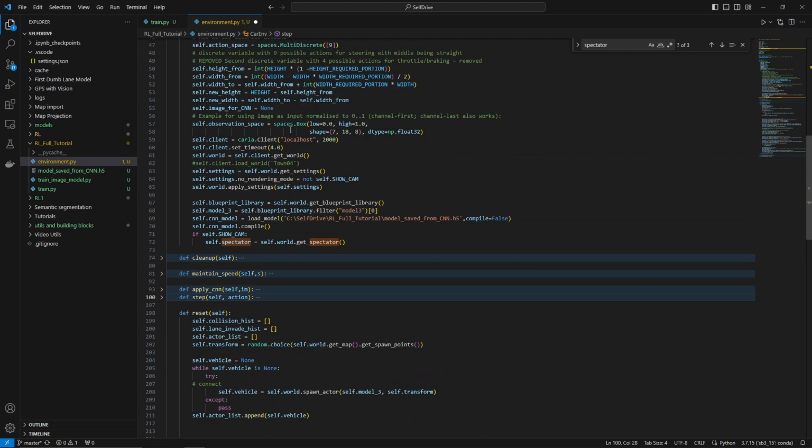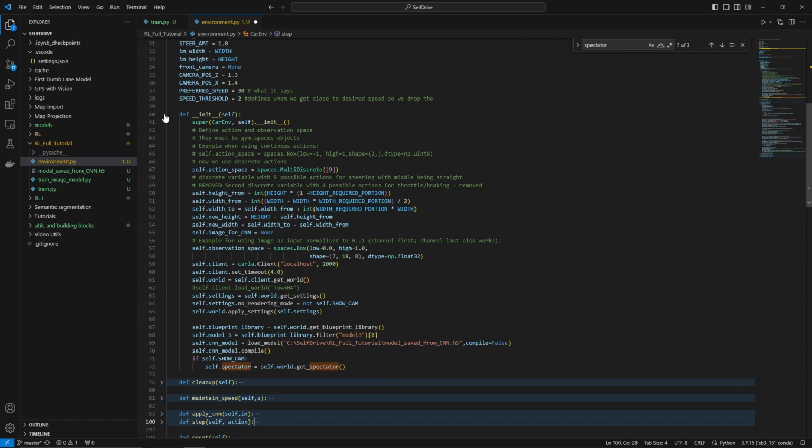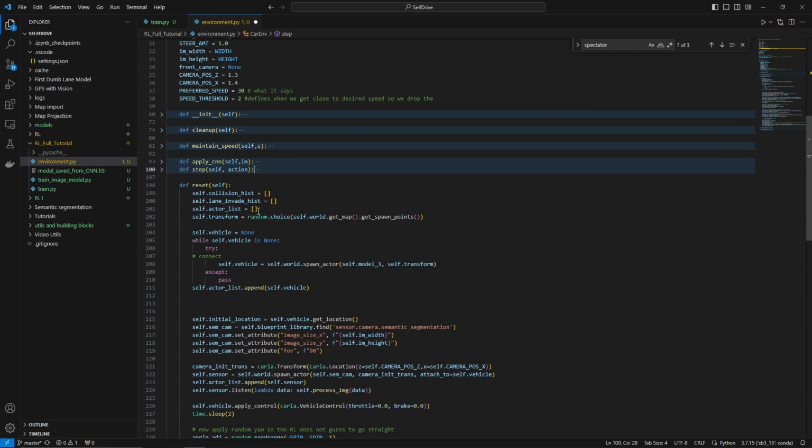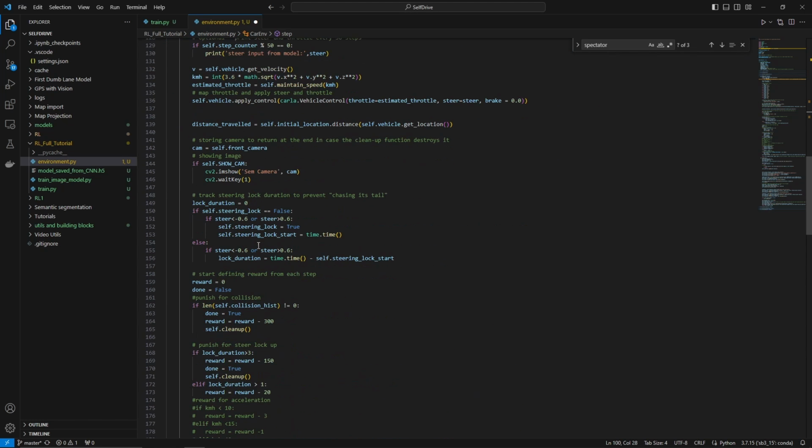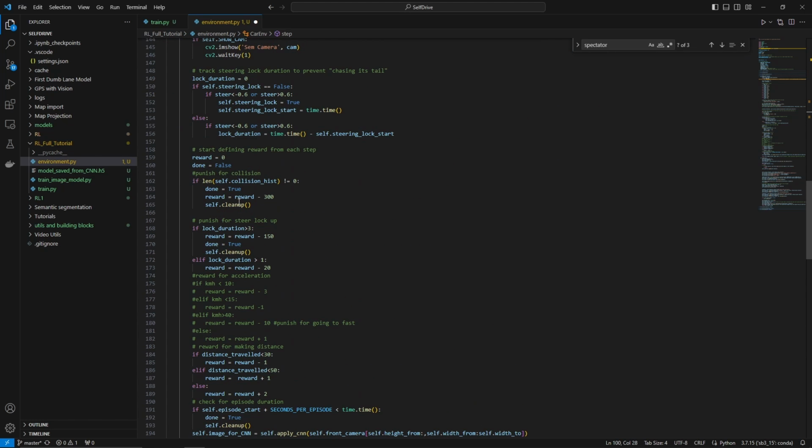By the way, you may have noticed that in our step method we're not actually using this lane invasion history, which is my omission. So it could be your homework to make sure that in the reward policy in this step, you not only check for